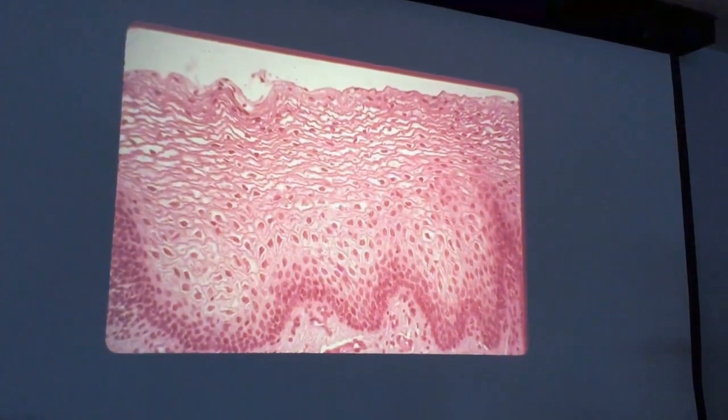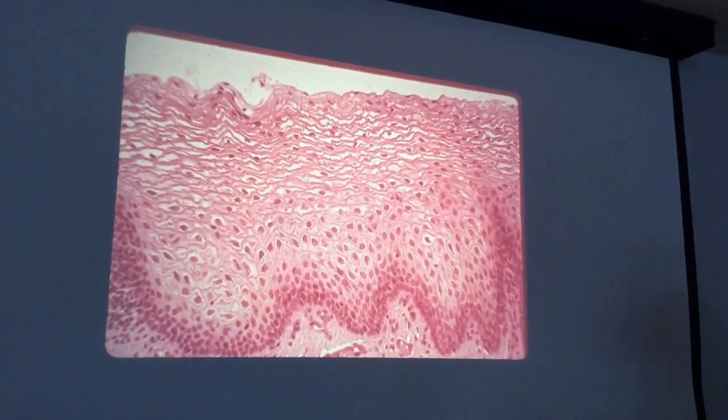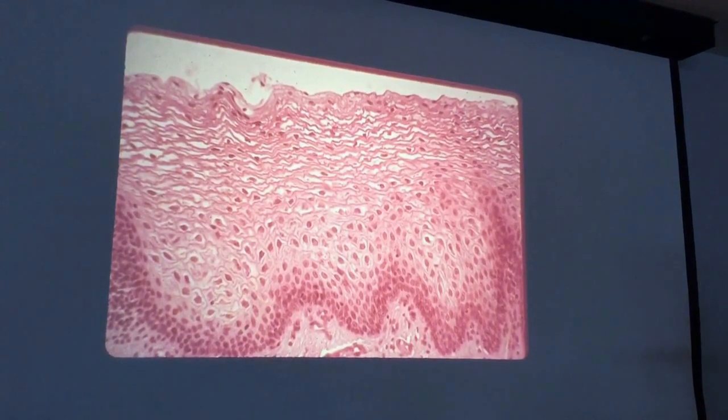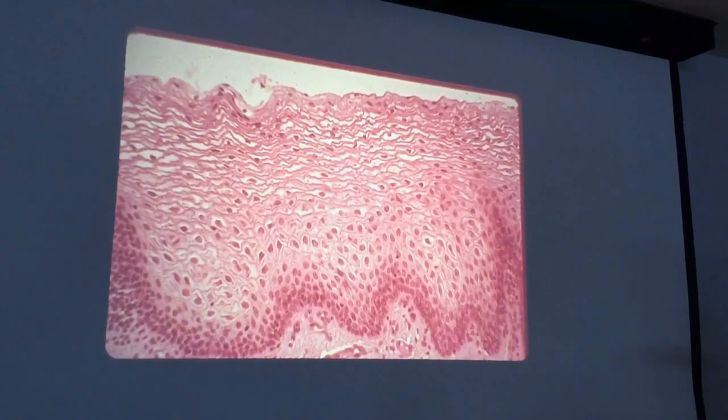How about this? What do we have here? Non-keratinized stratified squamous epithelium, and in the oral cavity we have that layer would be what? Stratum basale, and then we